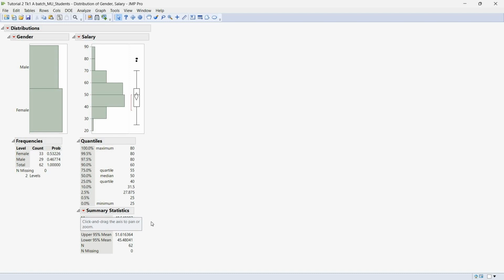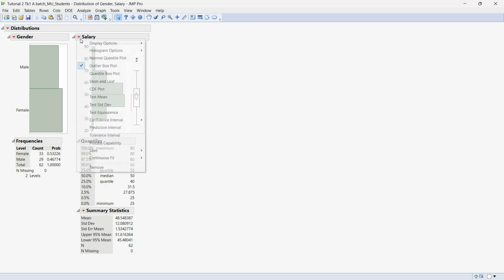So this is the mean of salary, which was also the same as in tabulate, 48.54 thousand. And 62 means there are 62 students' data in this data set. So let's change this graph so that we can get a better idea. Many options are available for us. They are giving us the outlier box and quantile box, and we have seen that the quantile box will contain outlier values also. Then after, the stem and leaf graph,